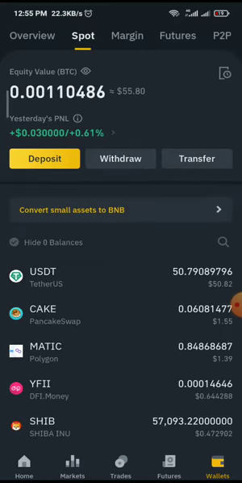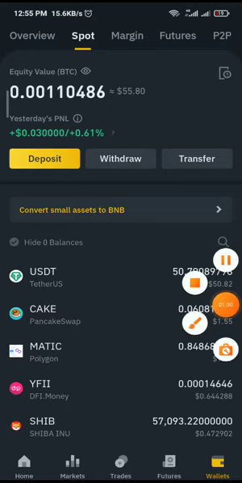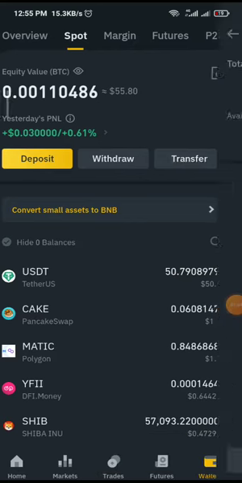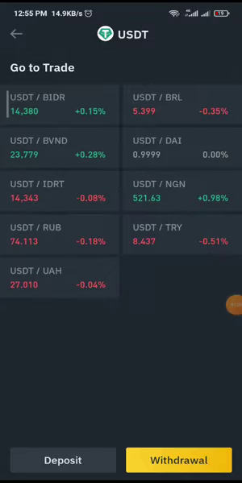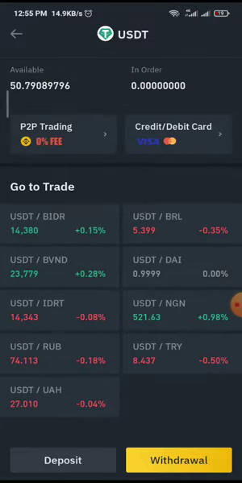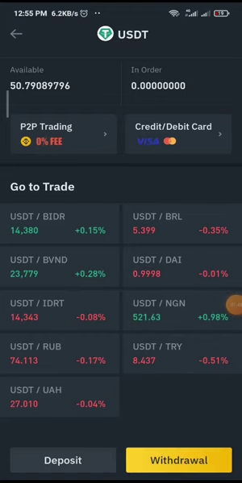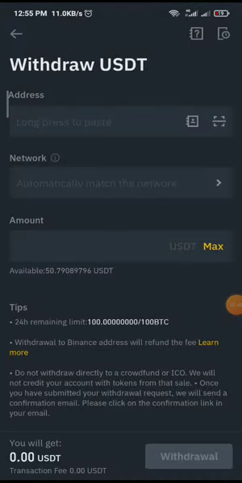Right now I have about 50 USDT. Like I said, I'll be using USDT as the example right here. So once I do that, I click on USDT. Once I click on USDT, you can see right here. Then you click on withdraw at the bottom right corner of the page. Once you click on withdraw, it brings you to this particular page where you have to input